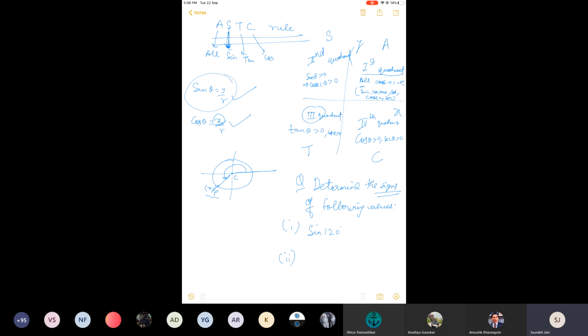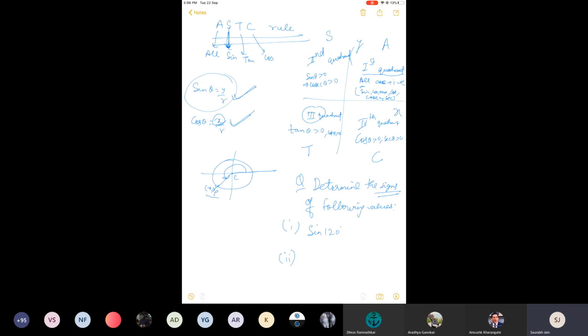We find sine, cos, tan by this definition: sine theta is y by r, cos theta is x by r. What are x and y? They are the coordinates of the point, and r is the radius, which is always positive. So it is with respect to x and y that we have to determine the signs. When the angle is between 0 to 90 degrees, the point on the circle will be in the first quadrant. Try to remember that point P. In the first quadrant, x and y are positive, so sine and cos are positive. That is why all the t ratios will be positive.